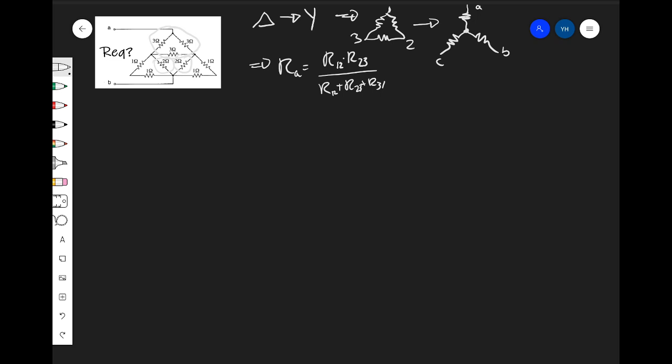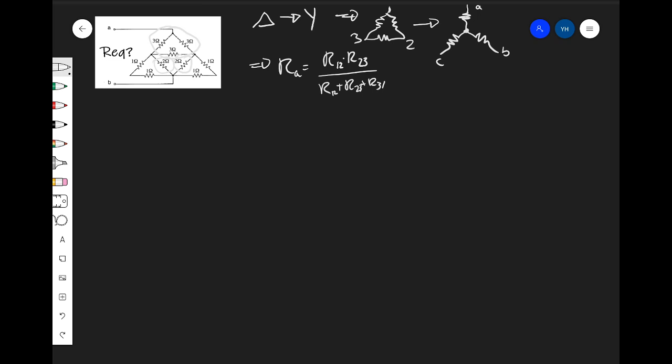final result. But in this case, as we can see, there's a bunch of triangles in the circuit, which might look intimidating. But if we take a look at the equation I have written down here, it shows us how to convert from a delta looking combination of resistors to a Y. The reason why we want to convert from delta to Y is it will allow us to have the resistors connected to each other in both series and parallel combinations, which will give us an easier way of solving the